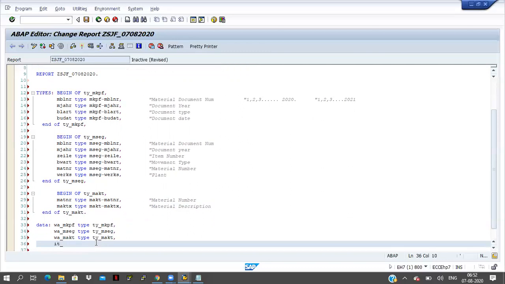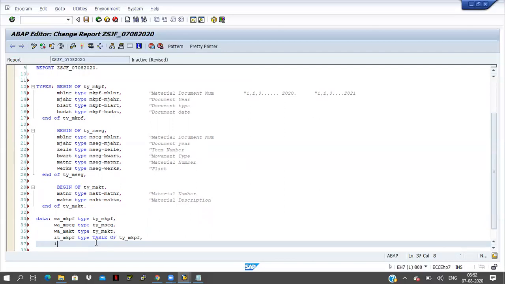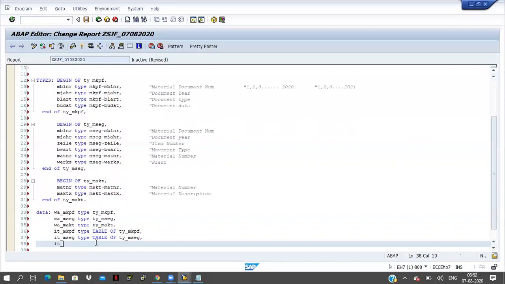IT_MKPF type table of ty_mkpf, IT_MSEC type table of ty_msec, IT_MAKT type table of ty_makt. So three internal tables and three work areas I have declared here.